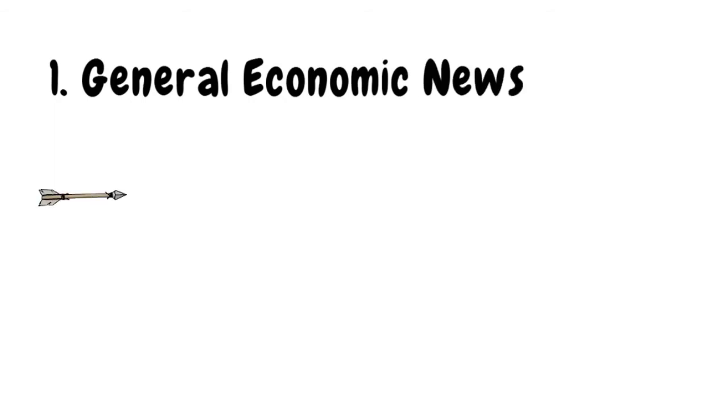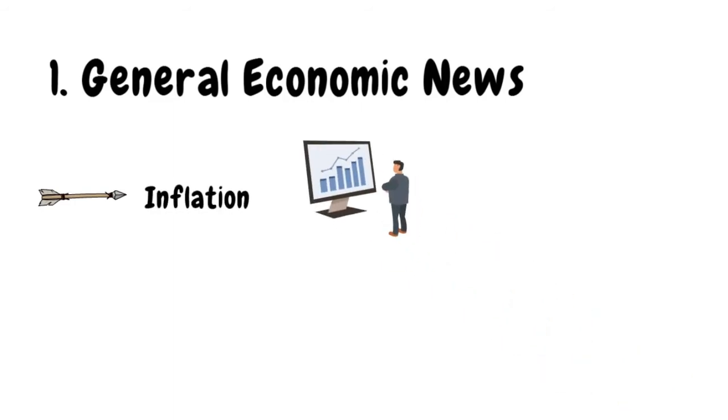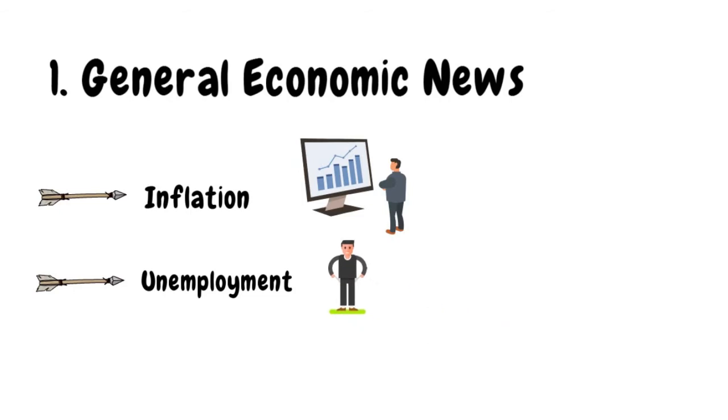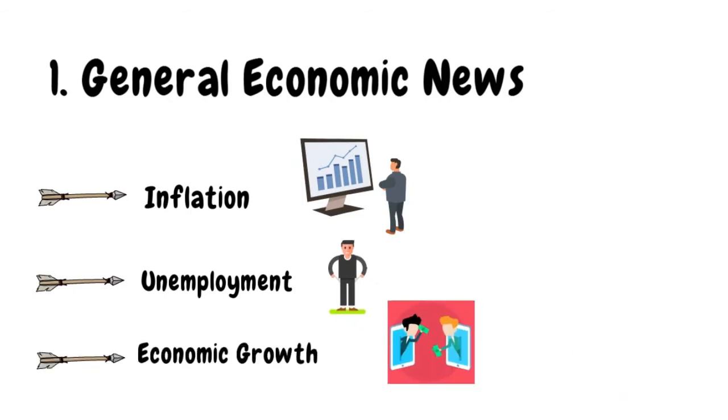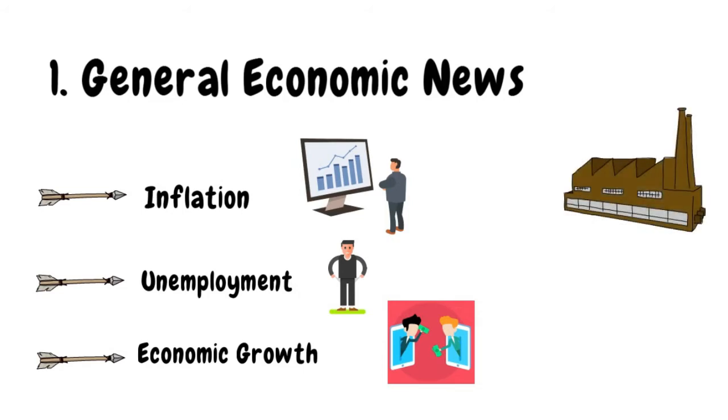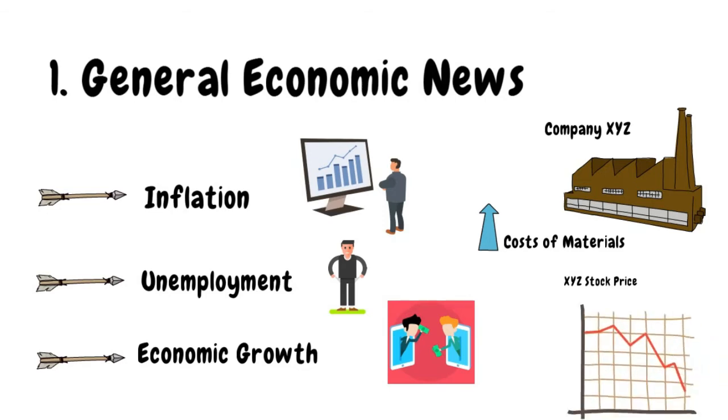Factor 1. General economic news. Standard indicators such as inflation, that is the general increase in the price level of an economy, unemployment figures, and economic growth tend to affect investor confidence in the market. This is because, of course, companies that issue stocks and pay dividends are susceptible to changes in the economy, such as increases in the cost of production, brought about, for example, by an increase in the rate of inflation. If an underlying company appears likely to struggle, its stock price is also likely to take a tumble.